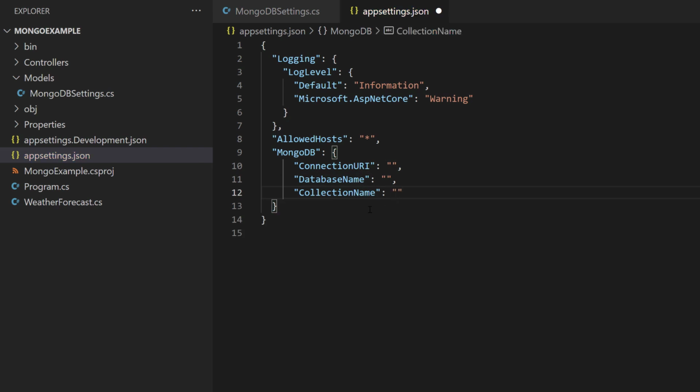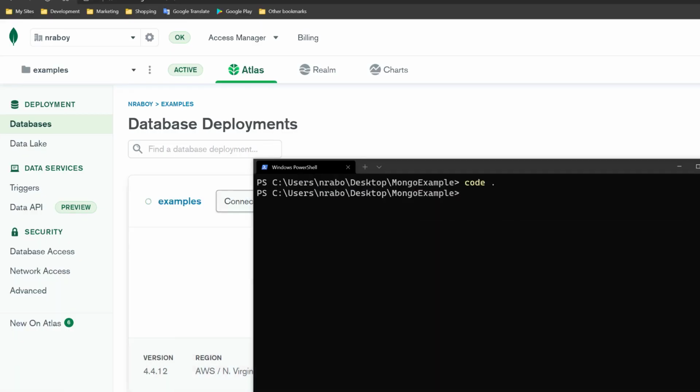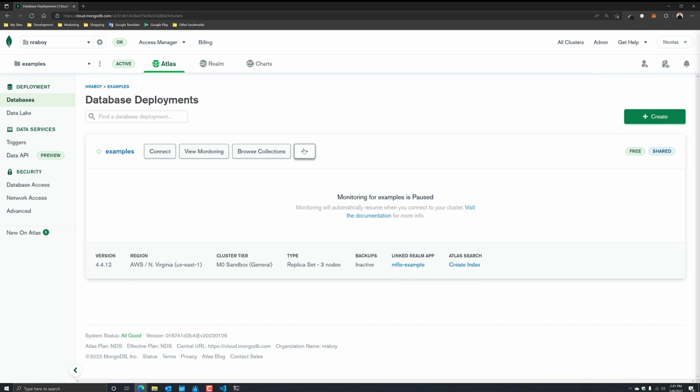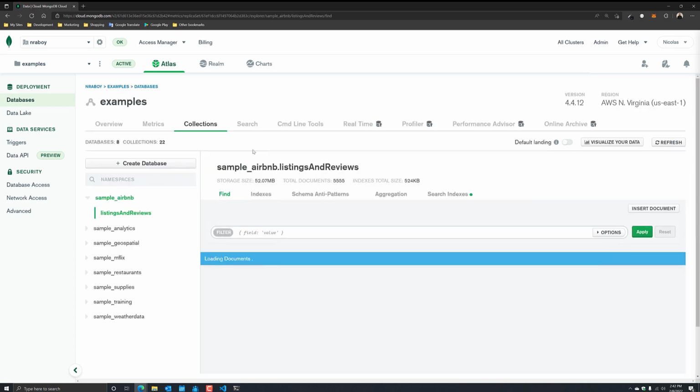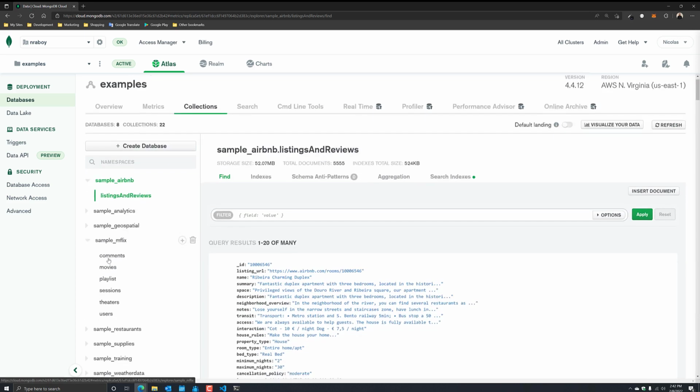Now for this project, I'm going to be using a sample database, just like what we saw in a previous tutorial. If you need help loading sample databases, you can go to your MongoDB Atlas dashboard. You can click on the ellipsis menu next to your cluster and say load sample dataset. So if I go into browse collections and click on sample_mflix,